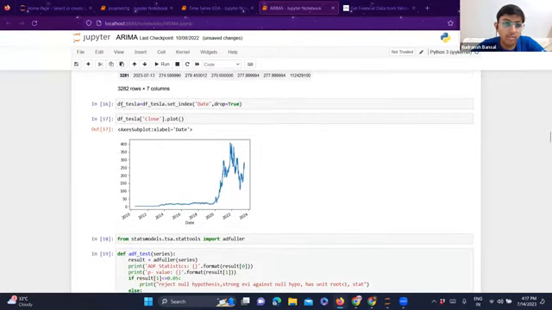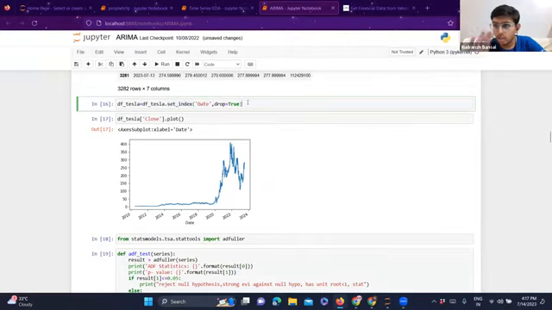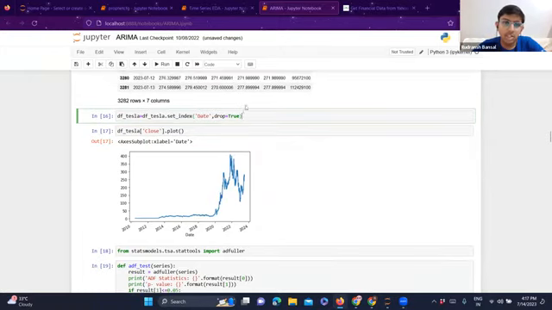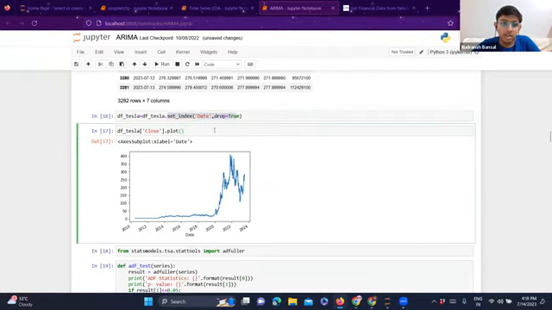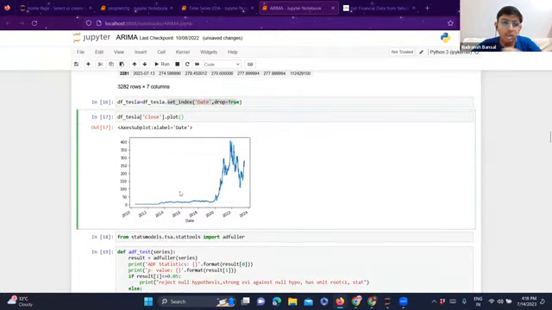So yeah, df Tesla equals df set index date. This is just to show you, we don't require to do this in ARIMA. I'm just telling you how you can reset the index and how you can set the index to any index that you want. And then I'm just plotting the close over here. So you can see the Tesla stock, how it changes over time.